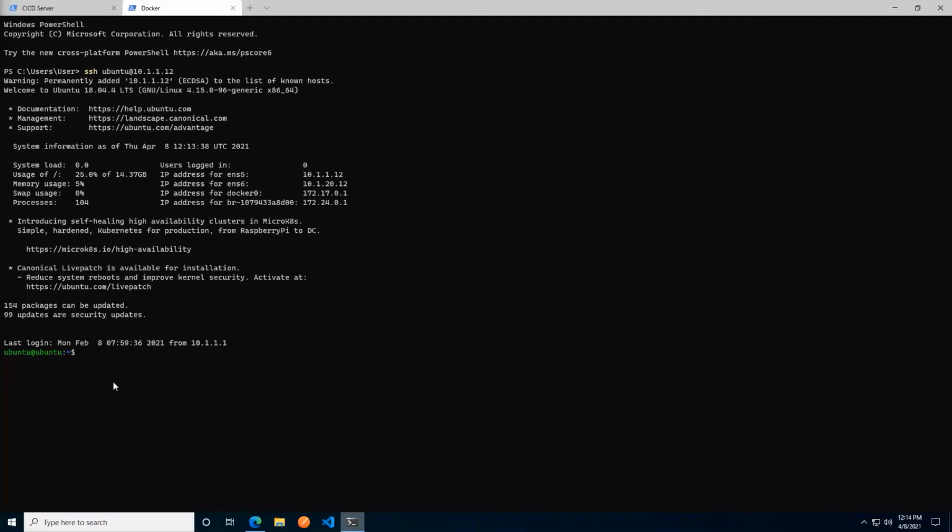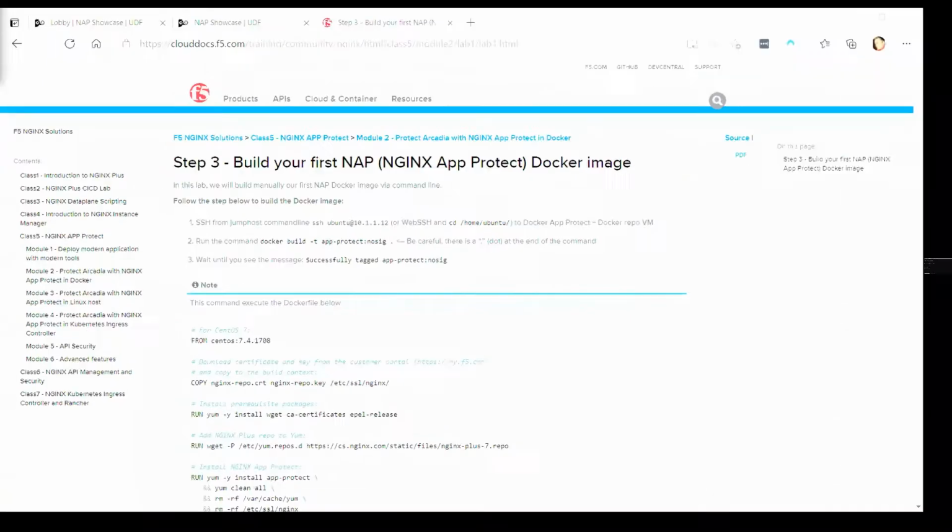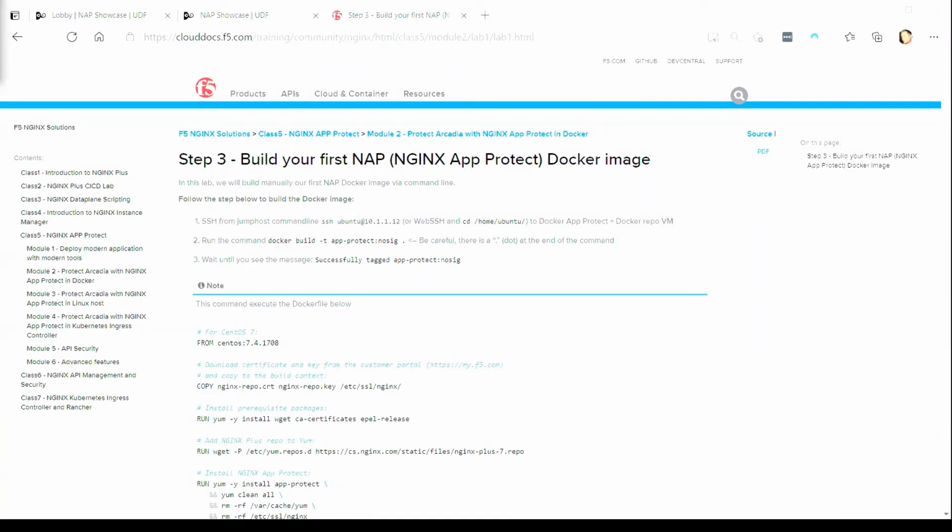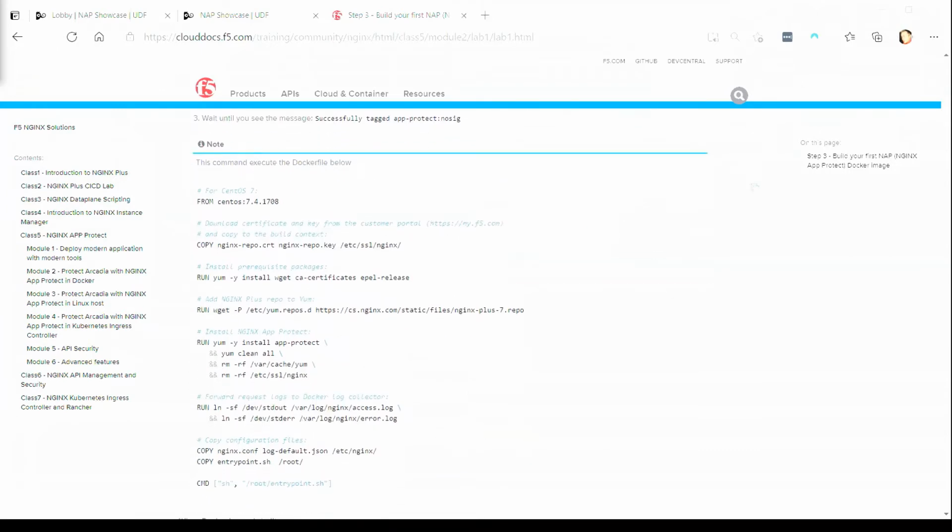Cool. So what we're going to do now is we're going to build a Docker container. I assume that many of you will be well familiar with Docker. For those of you that are not, let's go ahead and have a quick look at the lab guide here again. So we're going to skip a couple of commands just to look at something, and then we're going to come back and do it momentarily. So Docker build, which is what we're asked to do in the lab guide, is a command for Docker to build a Docker image, which is the baseline for a container, based on a Docker file.